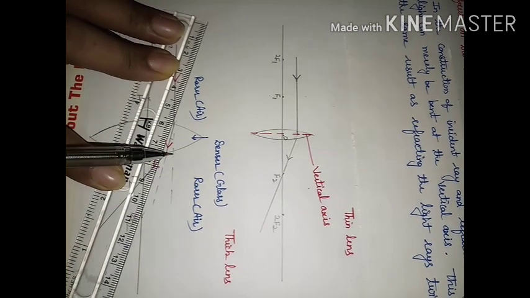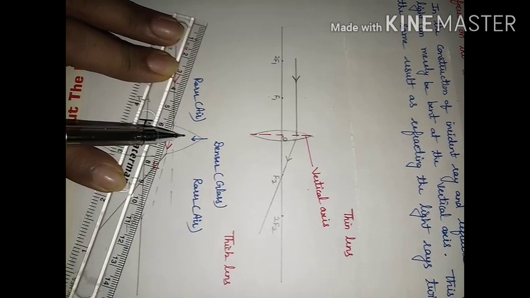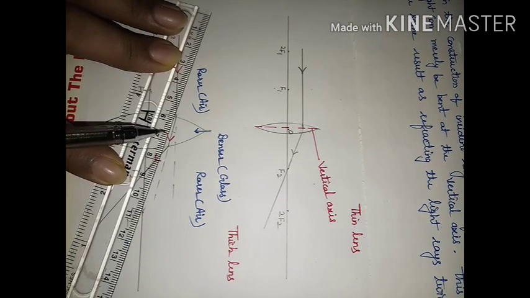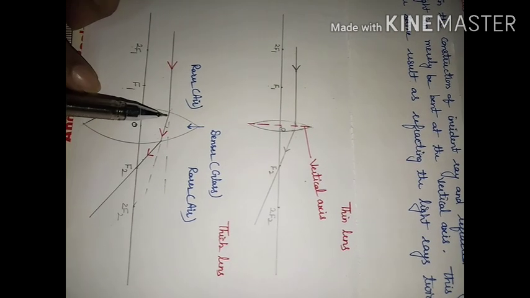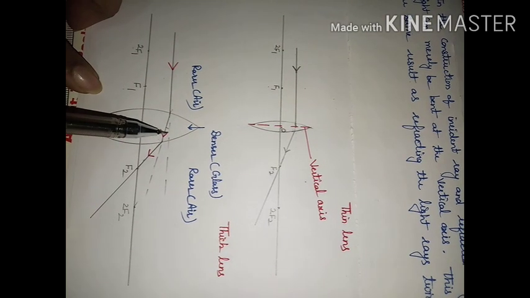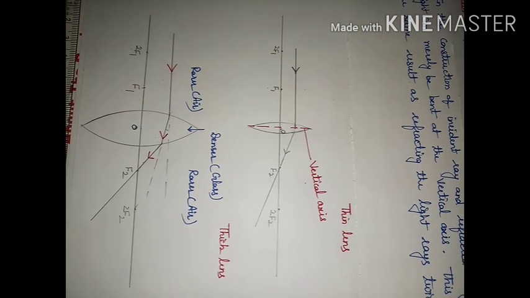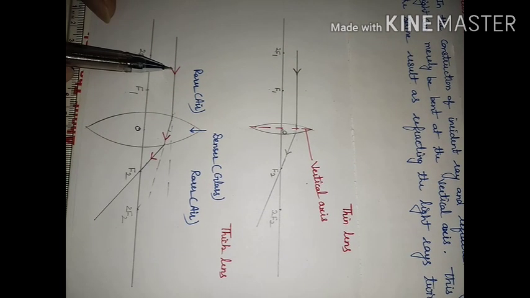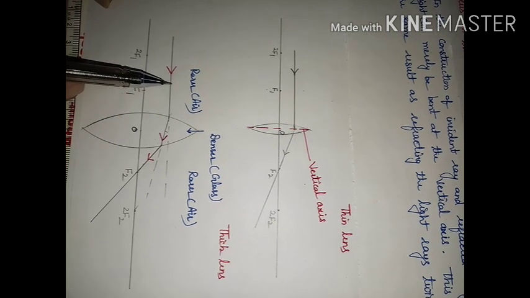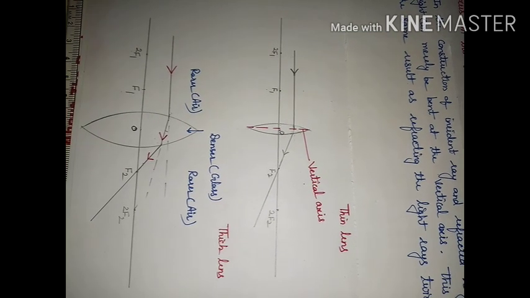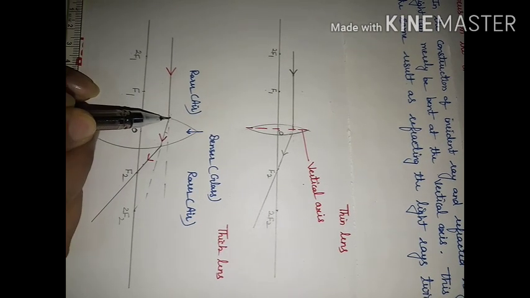So ray of light will not go straight. When it is going from rarer medium to denser medium, then it will bend towards the normal. So it will not follow this path, it will follow this path where this arrow is there. Actually, arrow is indicating the direction of ray of light. If arrow is in this direction, means ray of light is coming from this side to this side. If I change the direction of arrow, then direction of ray will also reverse. So first refraction is taking place at this point.